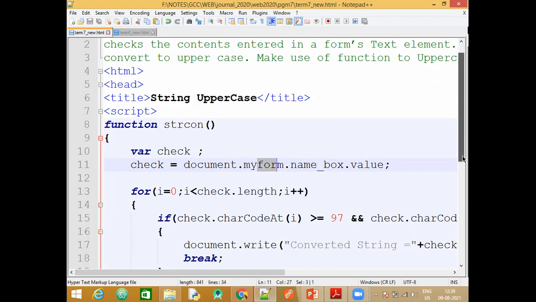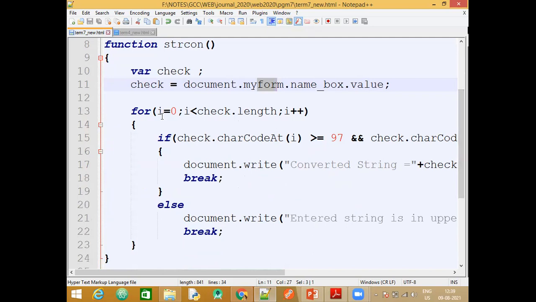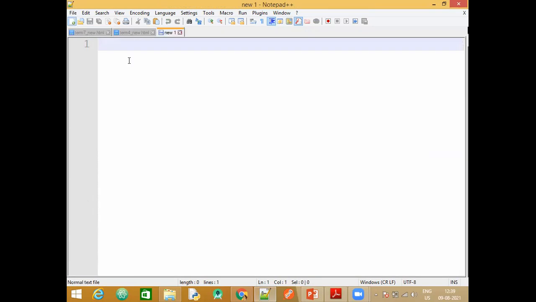Now, next thing here, have a look at the for loop. Before we go to this, have a look here. If I'm writing the string like this in JavaScript, it will basically be treated as an array, meaning the indices will start from 0 and proceed on, just like the concept of arrays. So what I want is to traverse through each of these indexes, that is, travel through each of the values that are there, and then check whether it is in lowercase or uppercase.